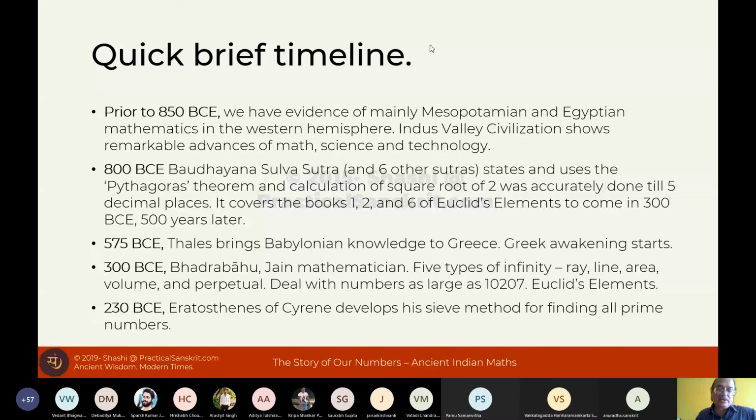575 BC, Thales brings Babylonian knowledge to Greece, and then the Greek awakening starts. Right. So 500 BC, the Greek awakening is starting, 600 BC almost. 300 BCE, Bhadrabahu, we saw that he talks about 5 types of infinities. When you talk about 5 types of infinities, imagine the